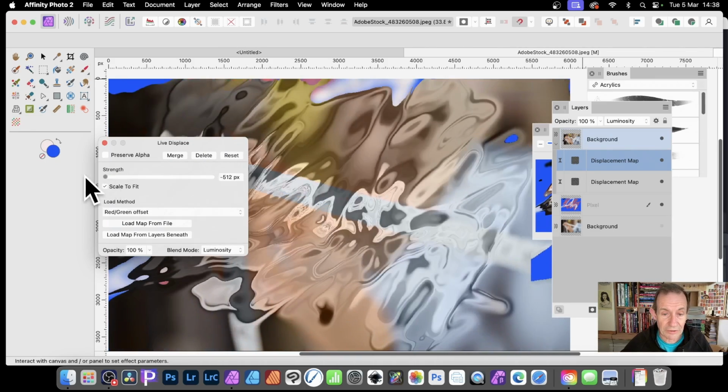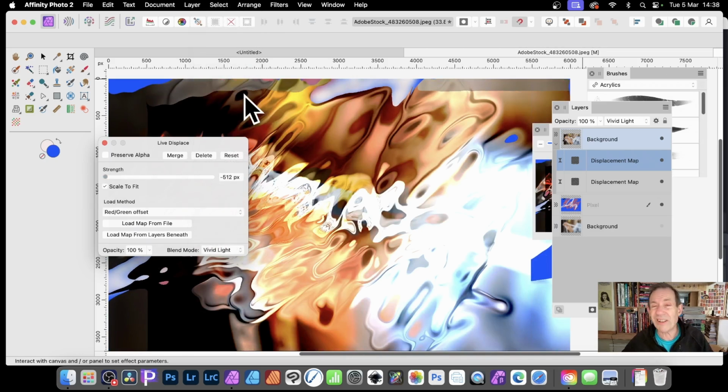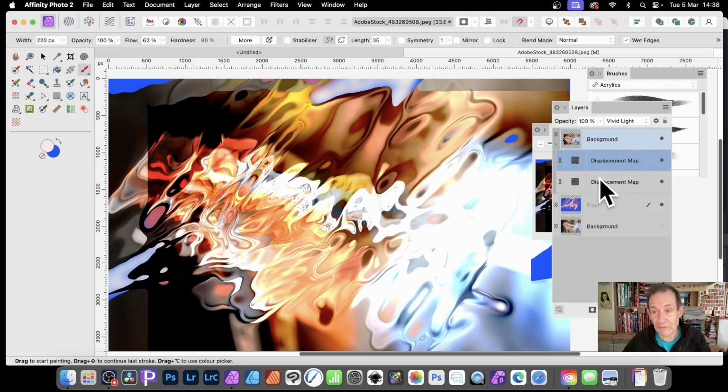And you can see then you can modify that. And again, you can change blend mode. So let's just change that. So you can create all kinds of weird and wonderful combinations with different displacement maps. Obviously, the same displacement map here, but with different settings like different blend modes, etc., as well as different